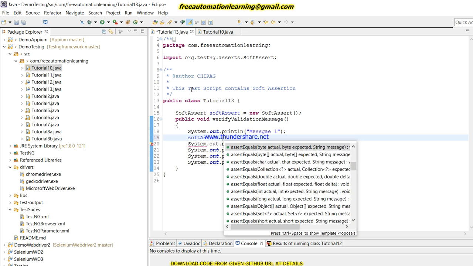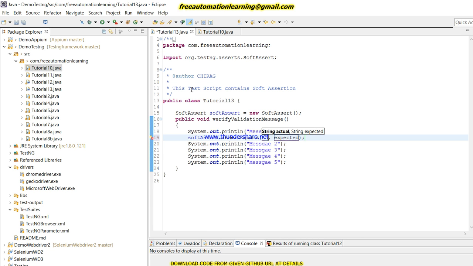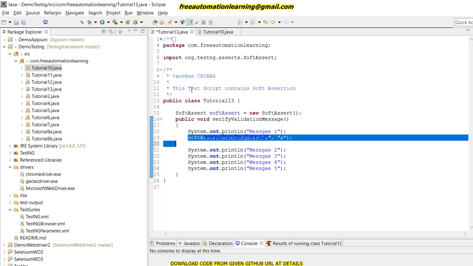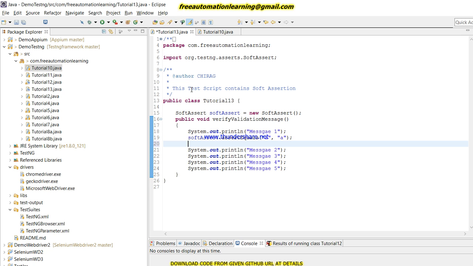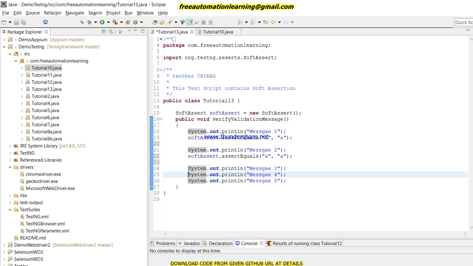So let me write the actual and expected. Actual is A, expected is A. I'm putting the validation over here so you can easily understand.